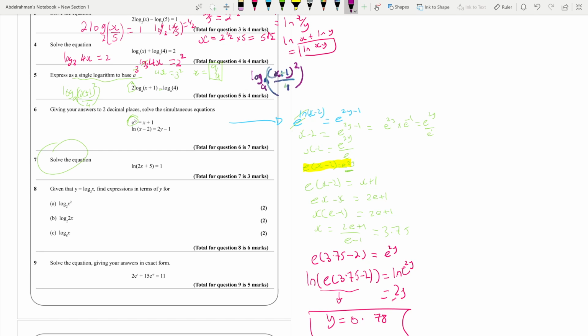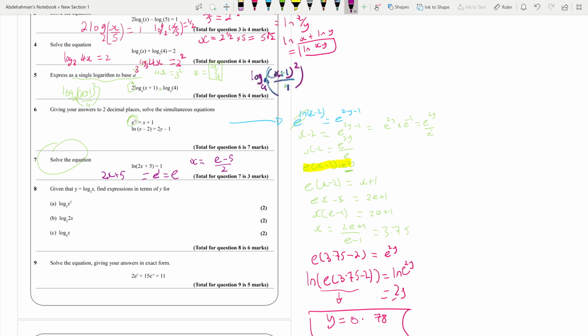So if we have e to the power of 1 is equal to e, just saying, obviously you should know this. 2x plus 5, because e to the power of ln, they just cancel out, and then we have x is just e minus 5 over 2. Okay,